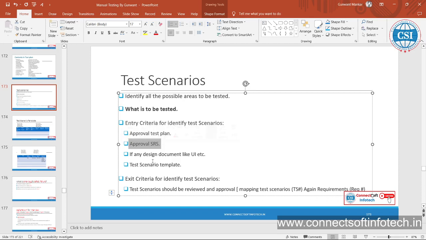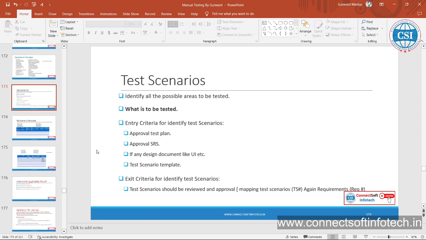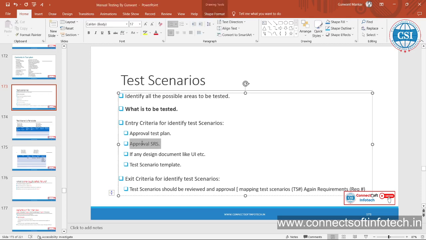सो अप्रूव्ड एसआरएस इज नेसेसरी। क्या एसआरएस अप्रूव्ड हो गया, इसका मतलब सॉफ्टवेयर का रिक्वायरमेंट फुलफिल हो गया। अब सॉफ्टवेयर का रिक्वायरमेंट फुलफिल हो गया तो हम सिनारियोस लिख सकते हैं। दैट इज रिक्वायरमेंट। एफआरएस के अकॉर्डिंग हम टेस्ट केसेस चेंजेस कर सकते हैं, उसके बाद हम सिनारियो भी चेंज कर सकते हैं, तो एसआरएस में भी चेंजेस होंगे।